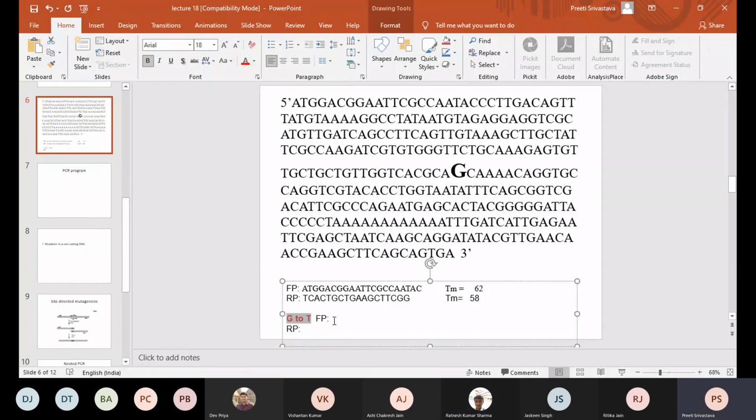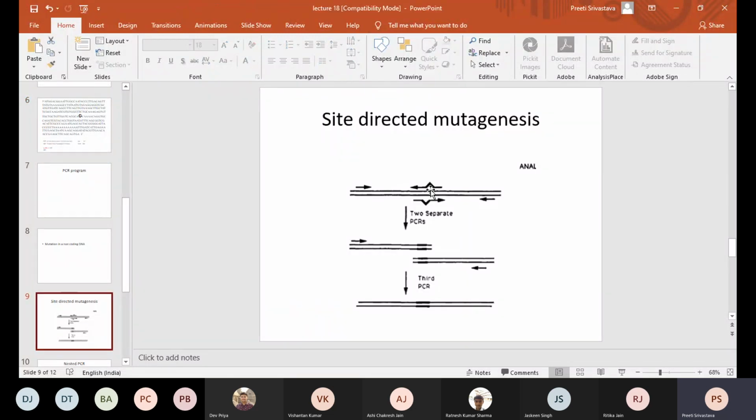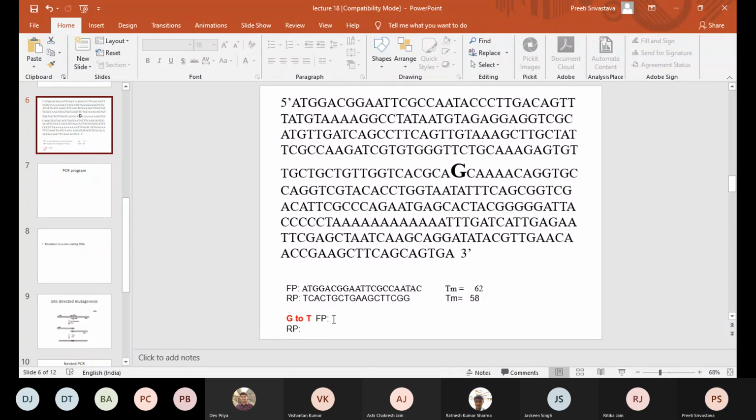So as a result of this, the primer that you will design, when it binds, it will not bind properly. Can you see this? Because of this mismatch, because instead of a G you have a T, this part will not pair. Yes, that will not pair.